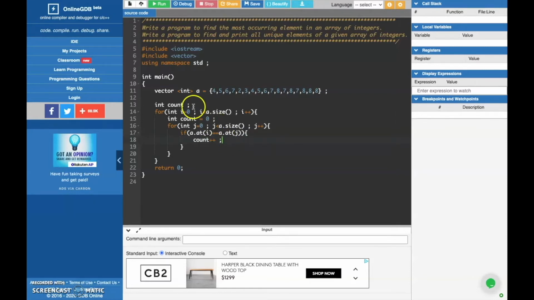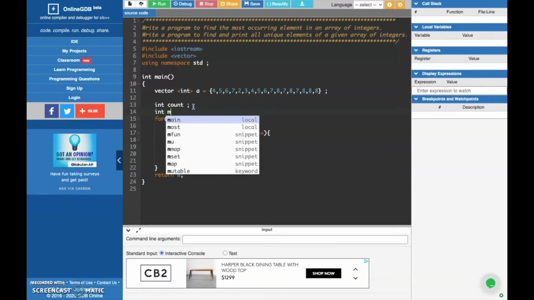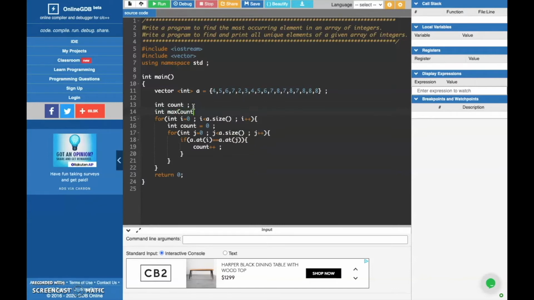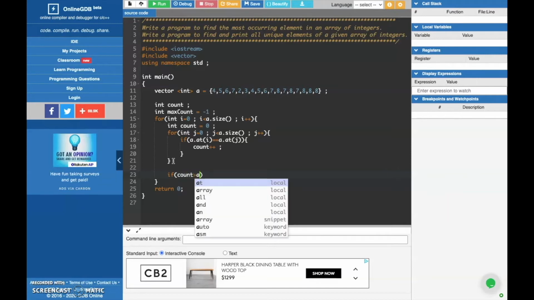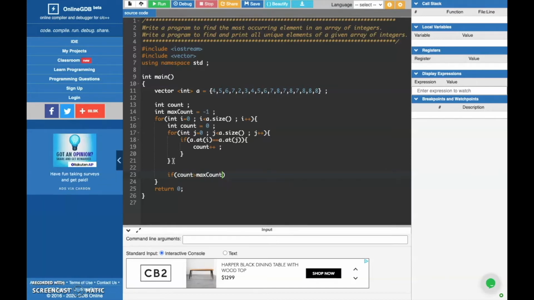We also need to declare a variable to keep the maximum count, and we can initialize it with -1. So after this loop, we know the number of occurrences of the value at index i. So we need to compare the count, and if the count is greater than max count, we are going to